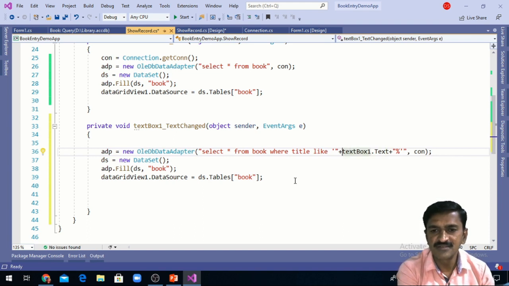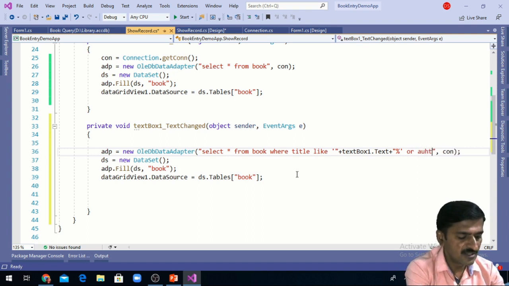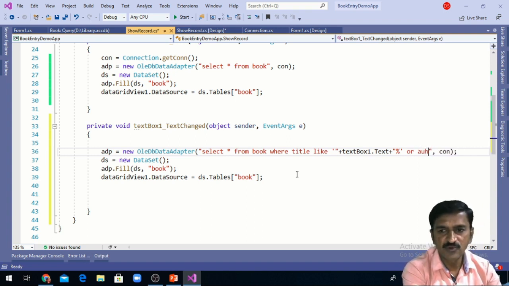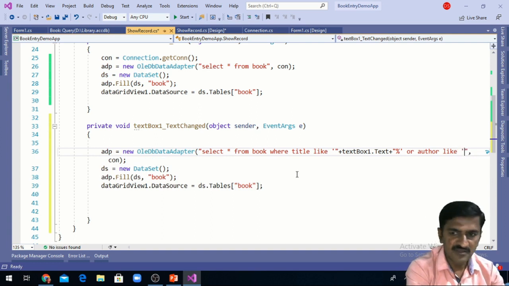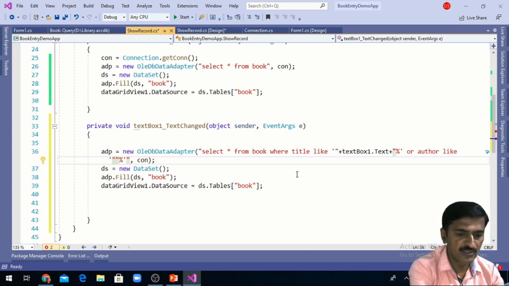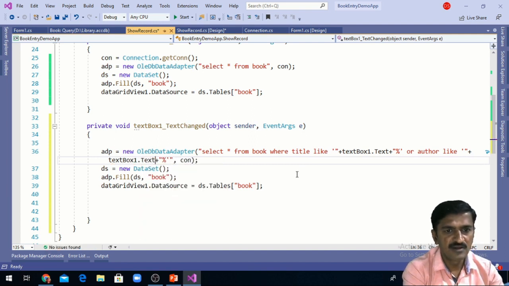As per the text that is entered, we want to select the records, the titles of the books whose title matches the text entered in the text box, or I want to select the author record if the author is like, author like in single quote percent, then I'm concatenating the value of the text box, textBox1.Text.